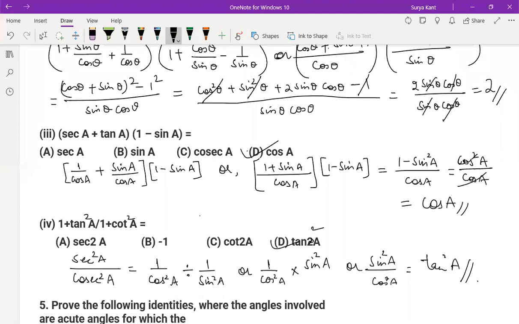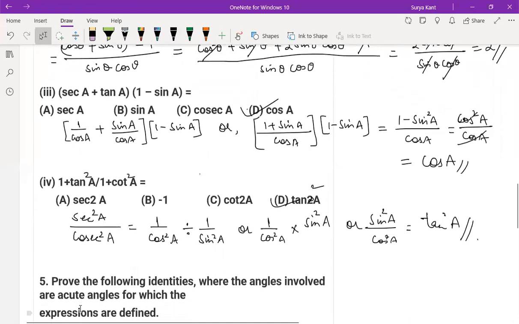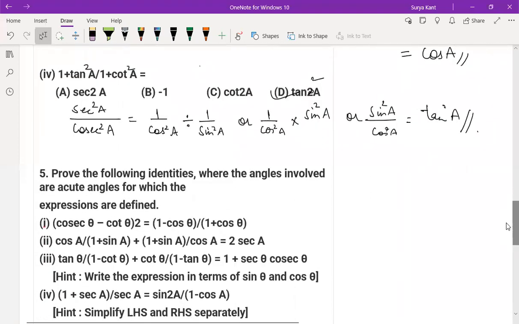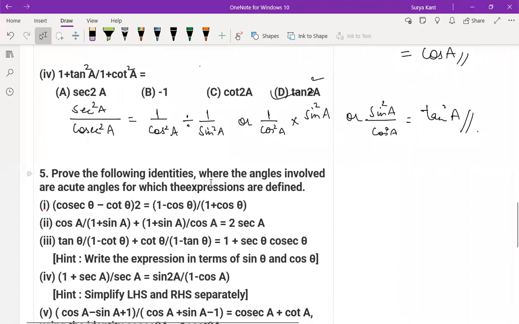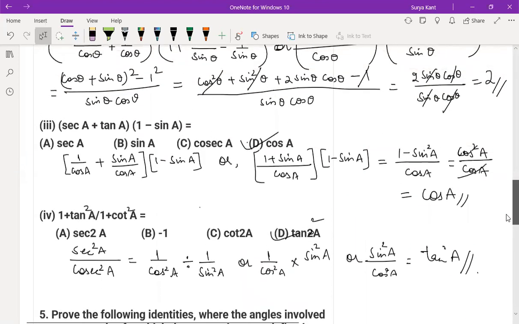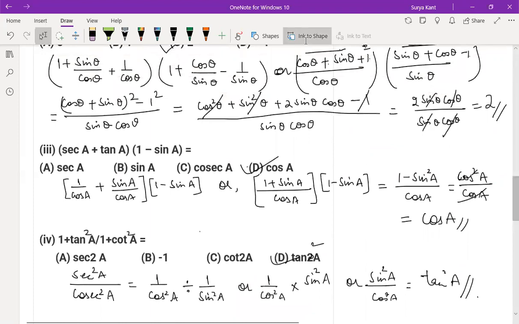Is it clear to everyone? I don't know if people are understanding. I think 50% of the people are not knowing. They are not remembering the formulas. That's why they are feeling difficulty. If they remember the formulas, everything is easier, children. Everything will be easy if you remember the formula.